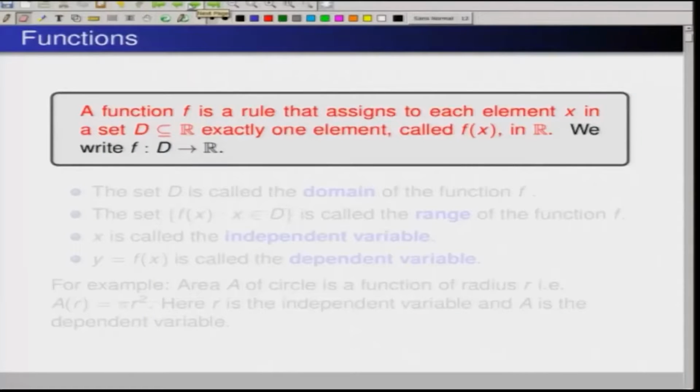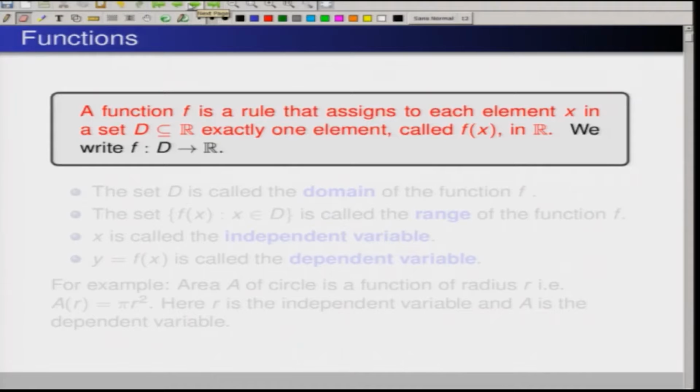Today we are going to discuss functions. So, what do we mean by a function? It is a rule which assigns to each element x in some subset D of R exactly one element,